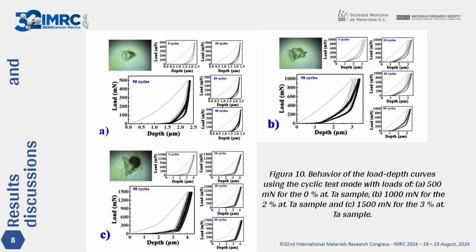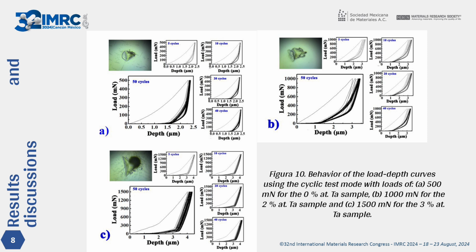The selected curves illustrated in Figure 10 correspond to the following samples: 0 at percent of tantalum with a load of 500 millinewtons, 2 at percent of tantalum with a load of 1000 millinewtons, and 3 at percent of tantalum with a load of